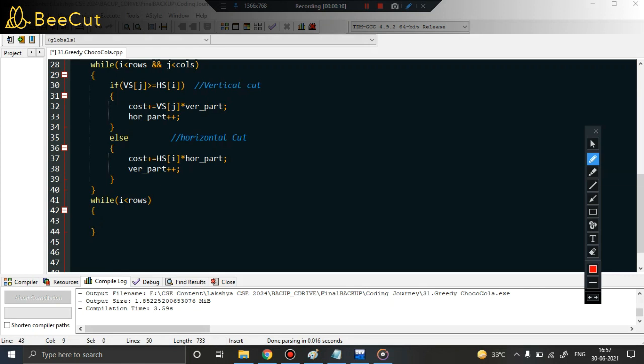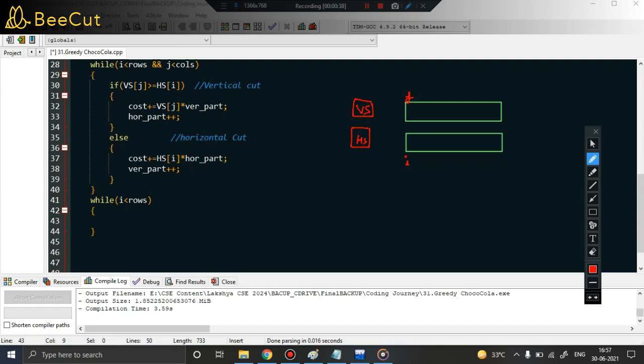Basically, you see that we have two arrays, right? One array above, one array below: this one is Vs, this is Hs. If they are of equal size, then no problem. That is, if the number of vertical slices and the number of horizontal slices are the same, then no problem. But you have a different pointer j, and a different pointer i. Now what if it has only two elements here?